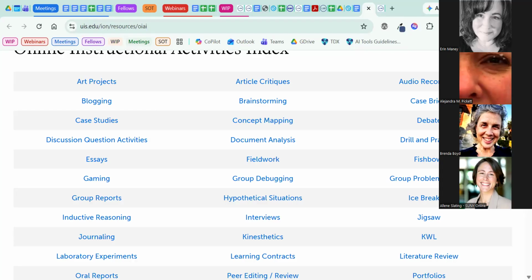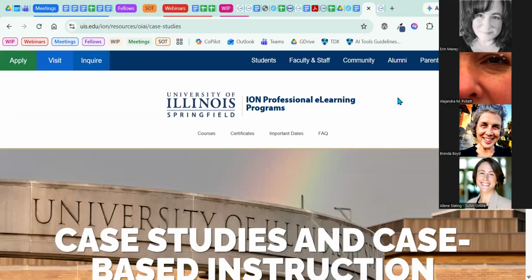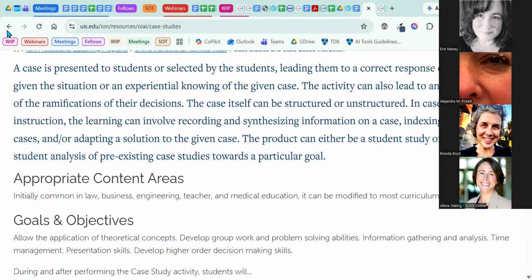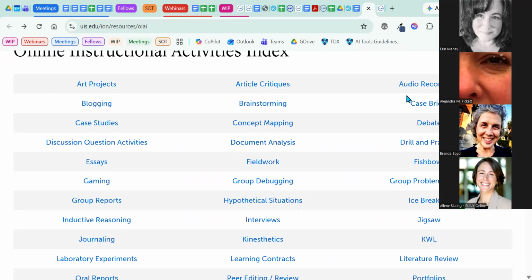And so in order to think about how you might expand the repertoire of types of activities that an instructor might use in order to achieve a particular learning objective, this might help. So I chose debate for this one. I clicked on one of those, and debate seems to be something that one would think might not be possible in an online environment.